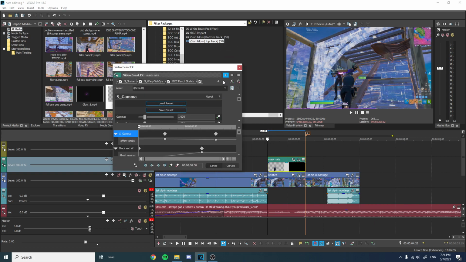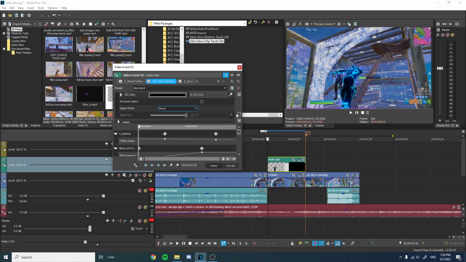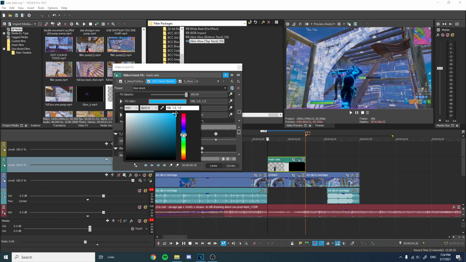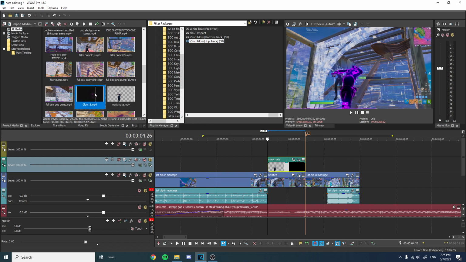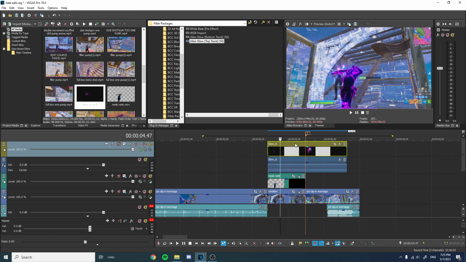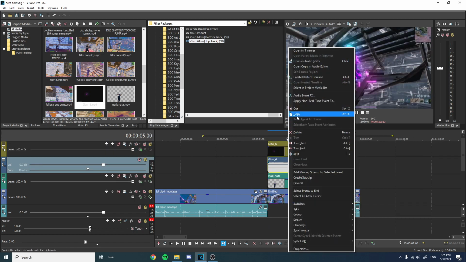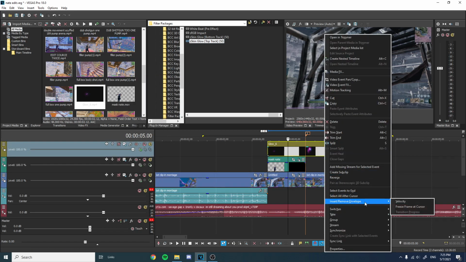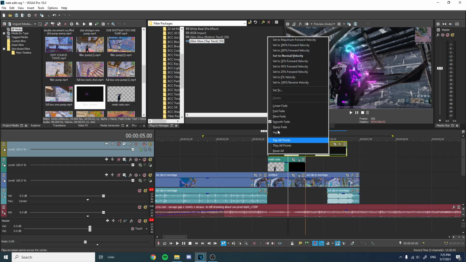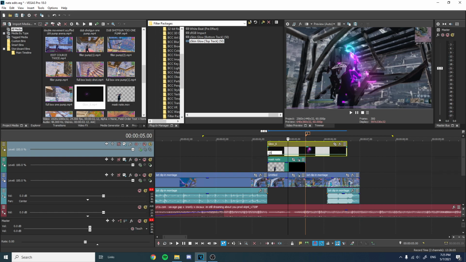Then you're going to go here. You're going to edit the pencil sketch. All the presets are already perfect. You're just going to make it like purple, light purple, because purple rocks. You're gonna grab the glow, put it on top. Once again, hit U, delete this, delete the audio track, hit insert velocity, set to